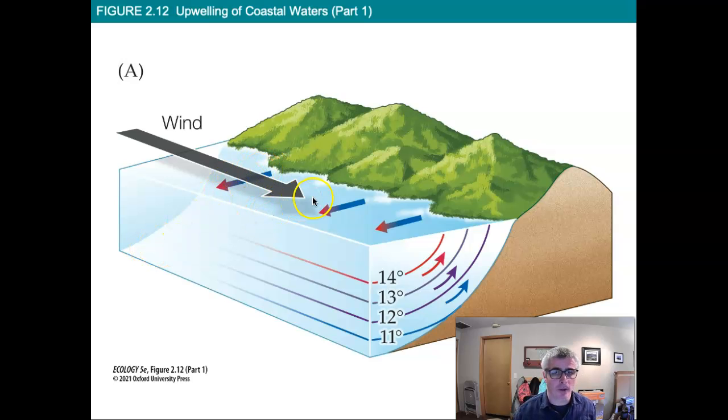Water's moving offshore, and below here we can see a number of temperatures, and so these are thermoclines. Cline meaning difference, thermo meaning temperature. Warmer water's at the surface because it's less dense, colder water's down below. So as water is pushed offshore, this cold water comes to the surface, and that cold water is typically saltier and typically has a lot of nutrients, and those nutrients are what's required for phytoplankton to bloom.